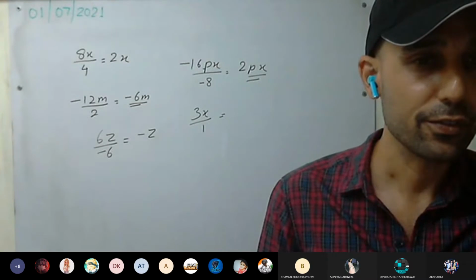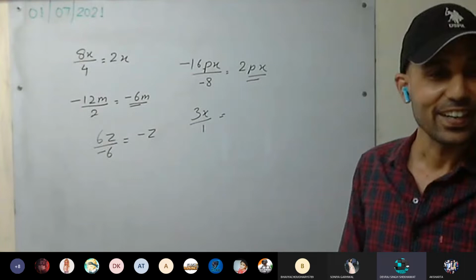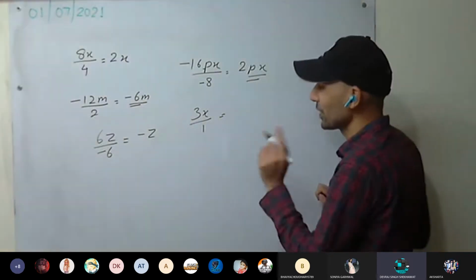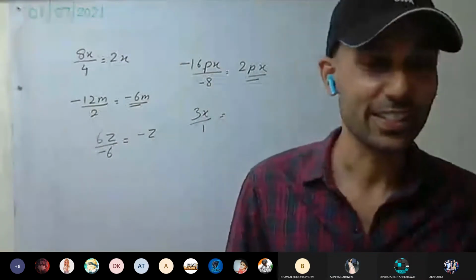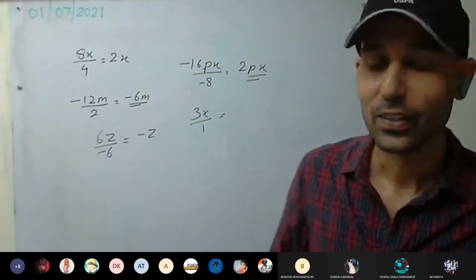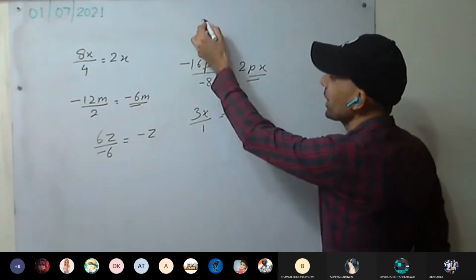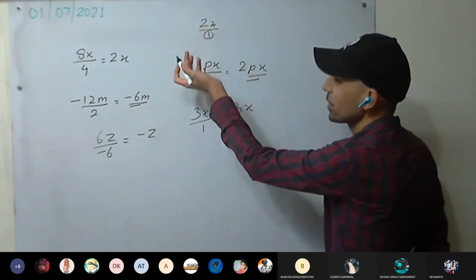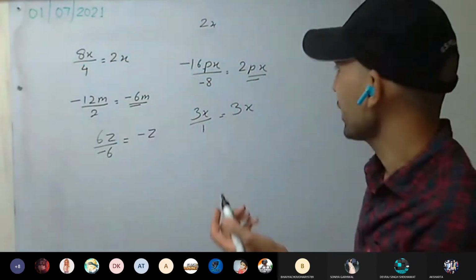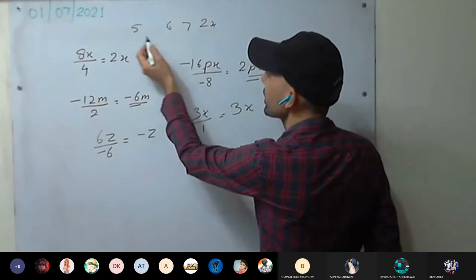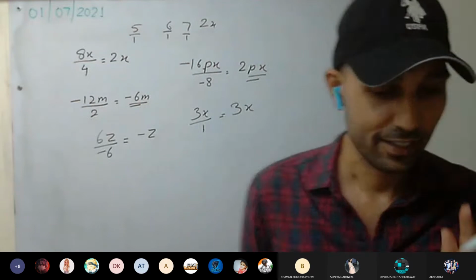Dishita and Sonia, please mute yourself. It will be how much? 1. Sir, that's wrong. It is 3x. You are making a blunder. 3x divided by 1. Anything divided by 1 is the same quantity, the same number. If I'm writing 2x, it means there is 1 as denominator. We usually don't write that one. In every number, if I write 5, 6, 7, I can write the same number like this as well. It doesn't change.